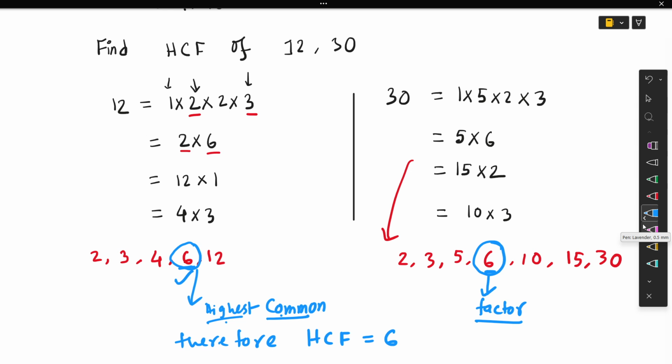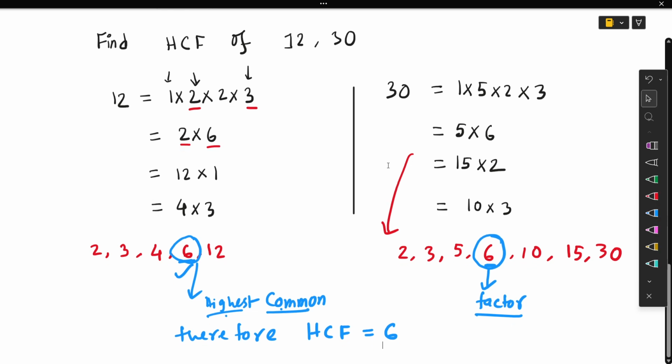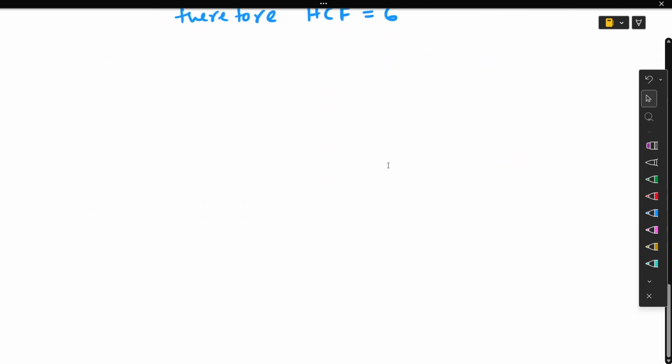Now we will find the highest common factor using two processes. One is called the division method, and another one is the Euclid process. So what is the division method? Using division methods,